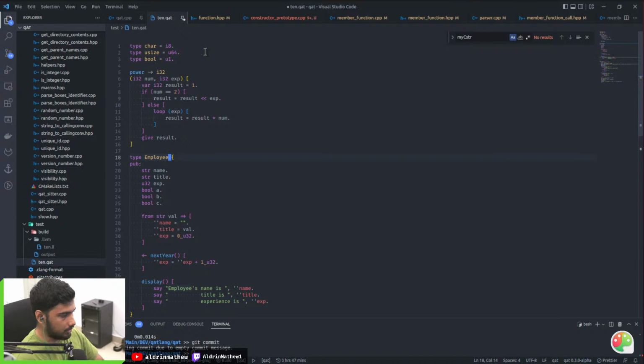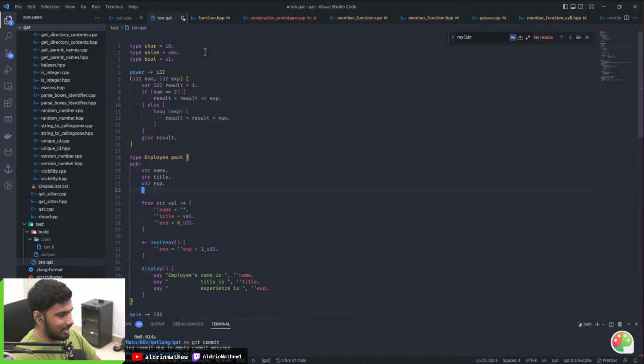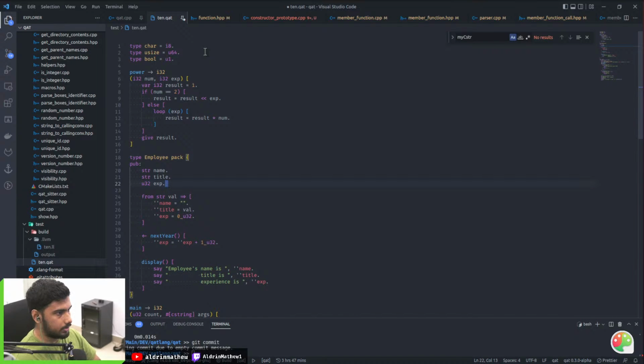But if it can be packed like this or something, I haven't decided the syntax for packing types, in that case this will allocate 3 bits. That's my understanding. Maybe I'm wrong, but I think I'm right about this. And packing is an old concept used when there were really low amounts of memory available.